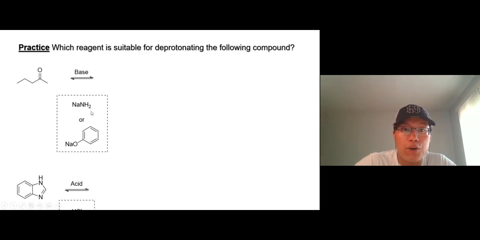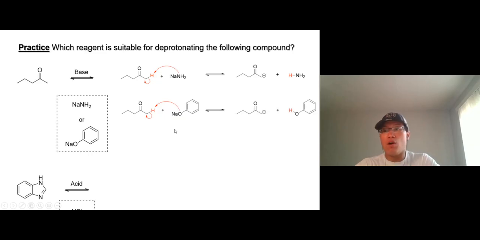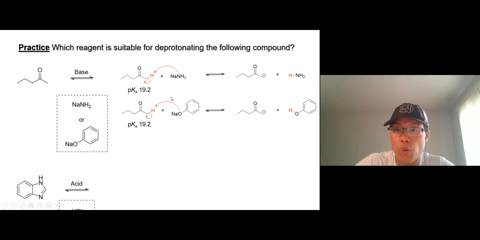Let's draw out both scenarios, both equilibria, right? First one, start with sodium amide, abstract the alpha proton, and you'll get ammonia. Now, sodium phenoxide does the same thing as a base, and you get phenol, like that. All right, determine which goes forward and which goes backward. So start on the left side, this guy right here, the alpha proton, pKa about 20. On the right side, ammonia, pKa 38. Phenol is not just a regular alcohol, it's like a super alcohol with a benzene ring, so pKa about 10. Okay, so start from the top, 20 and 38, totally